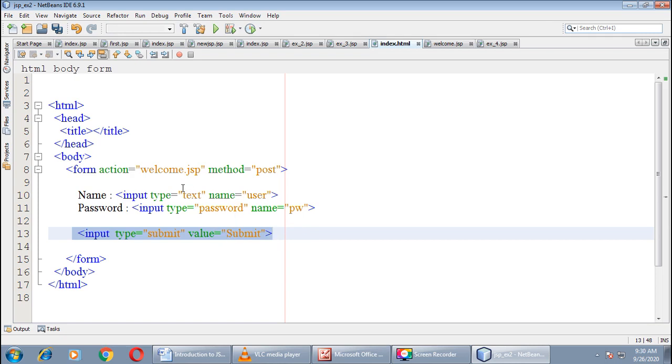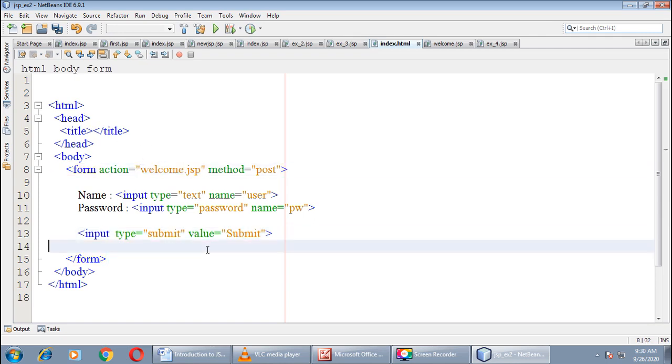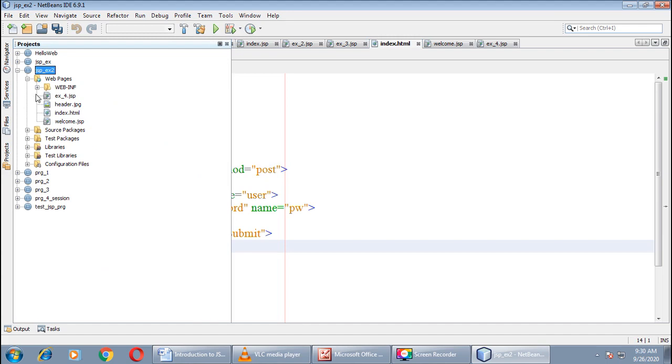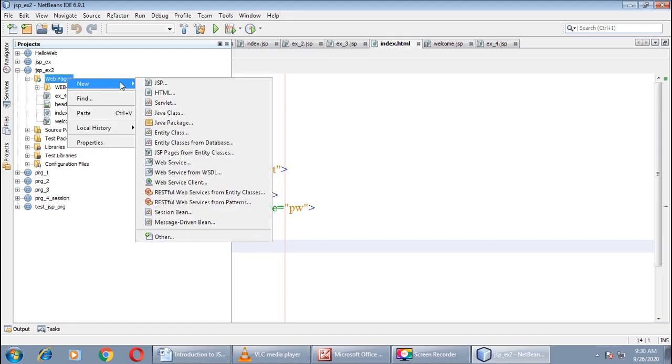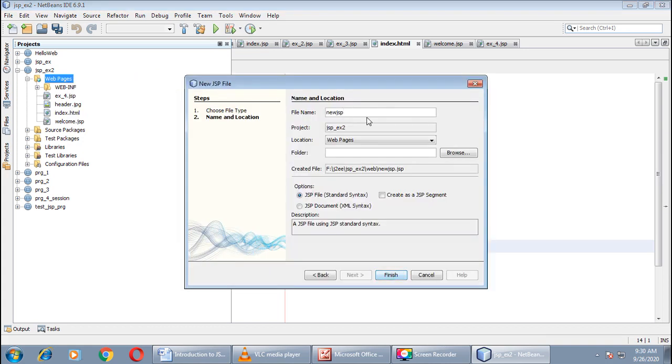On the submission of this page, the index page will execute welcome.jsp. Now create your JSP page with welcome.jsp. Where to create it? For that, right click on web pages, go to new and click on JSP. Right here it will ask you for a file name.